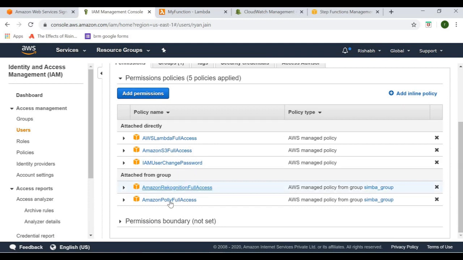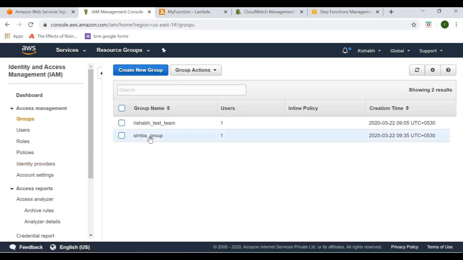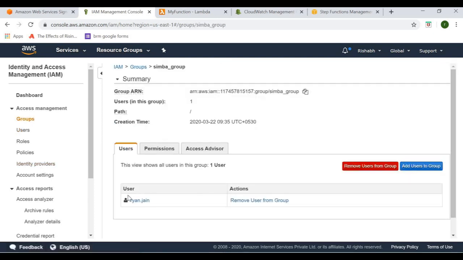So it also got access to Rekognition and Polly. So this way we can assign any of the user in a particular group, and it's easier for us to maintain it. We can again go to group as well and see which all users are in this group, and we can remove them as well.